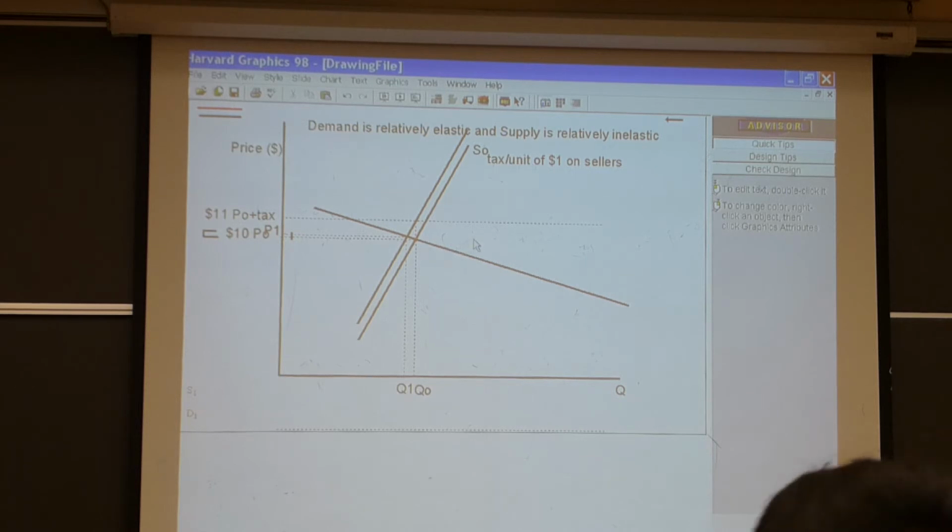Okay, you would go, here's the equilibrium at Q, here's the price, subtract the tax from the equilibrium price P1,